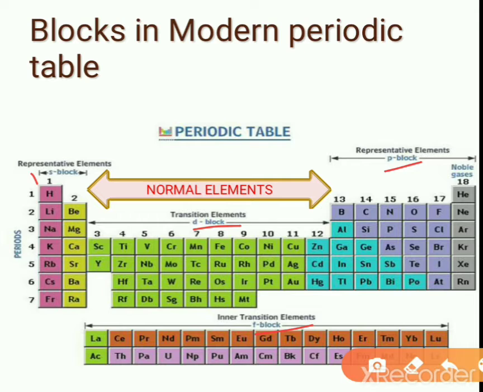P block represents the elements from group number 13 to group number 18. D block elements represent all the transition elements, and F block elements represent the inner transition elements.